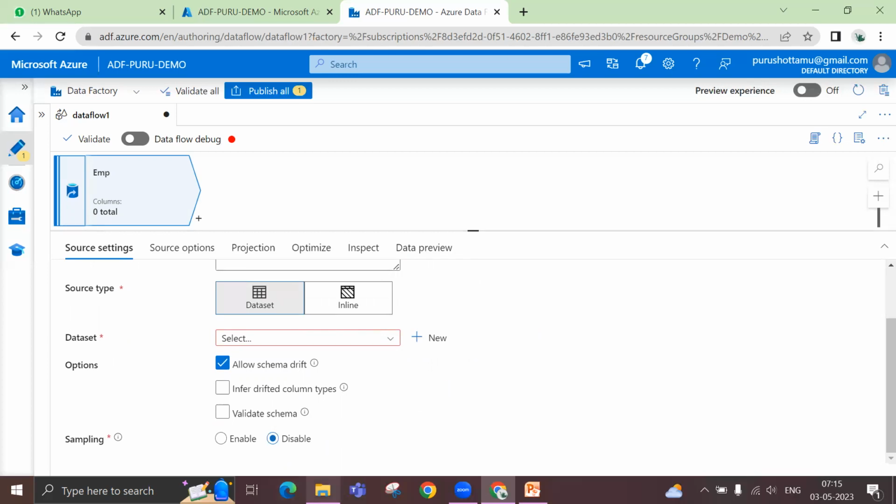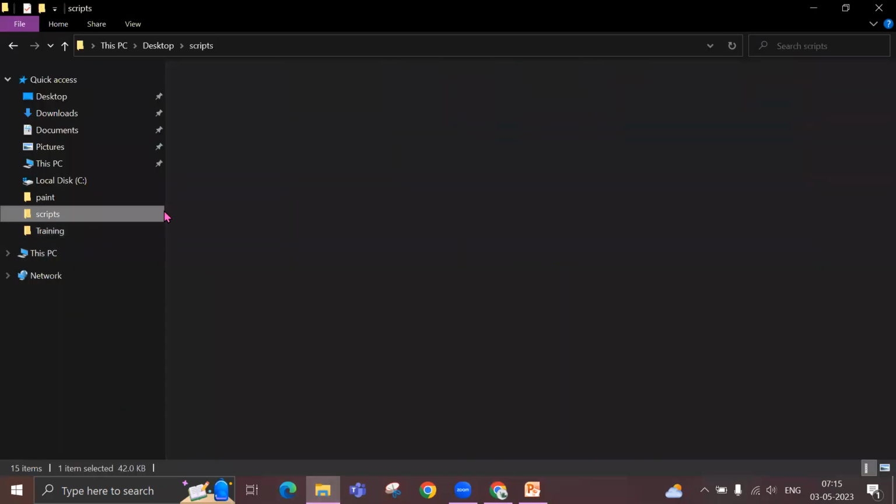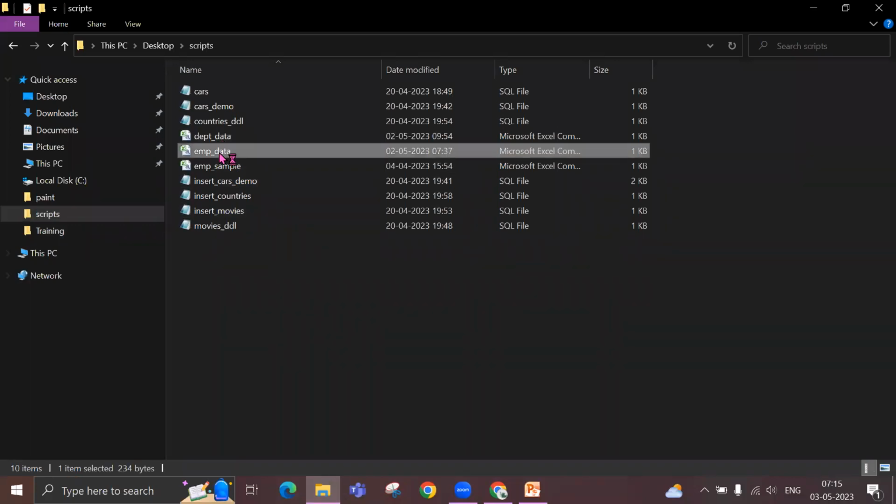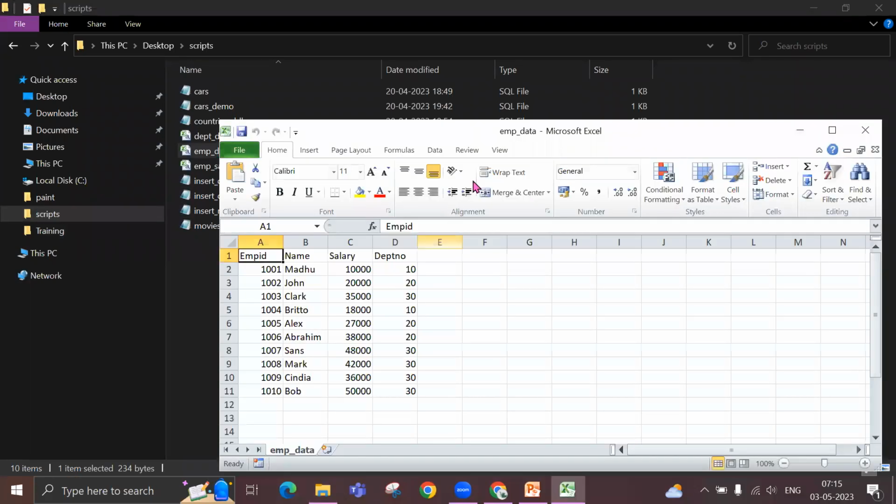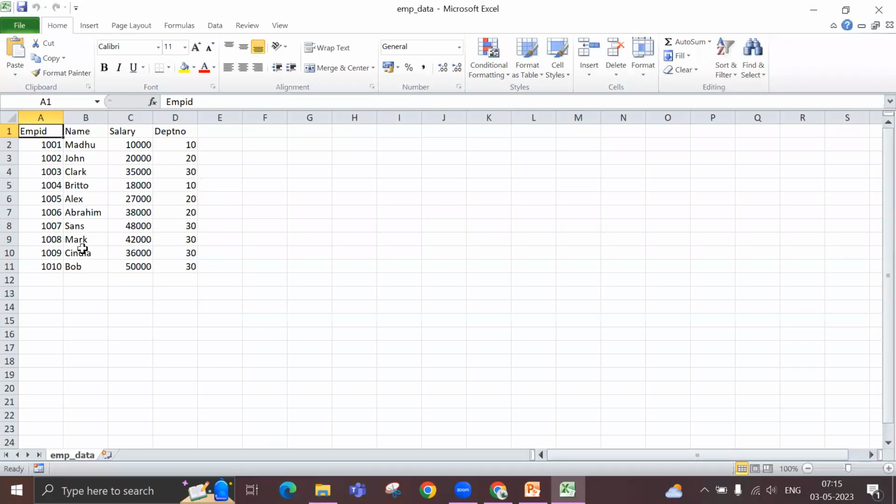No, I'm not aware of drift schema. Yeah. So let me give you an example. This is my employee dataset, right? In my case, from the source I'm getting employee ID, name, salary, and department number. Okay, and that's how I programmed my pipeline to take it up and use that. Okay, so now what happens? Let's say tomorrow when I'm fetching again, I get a new column saying country,